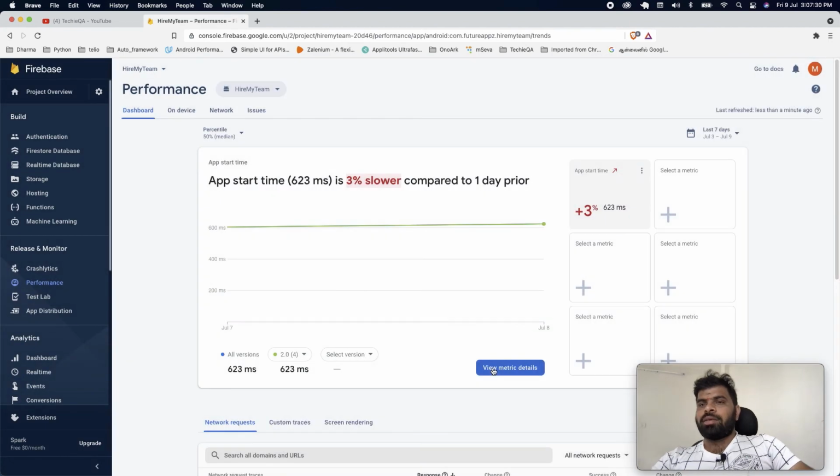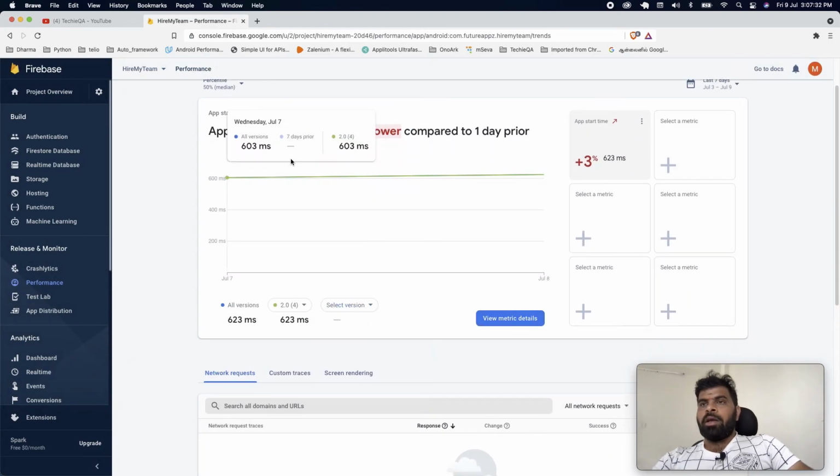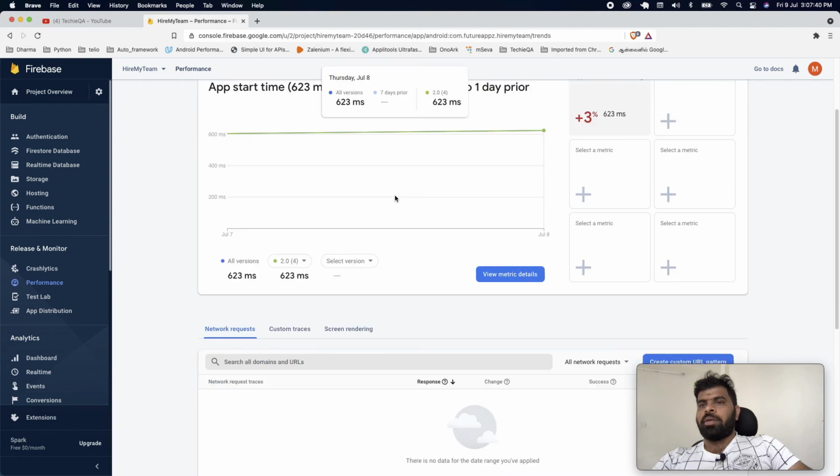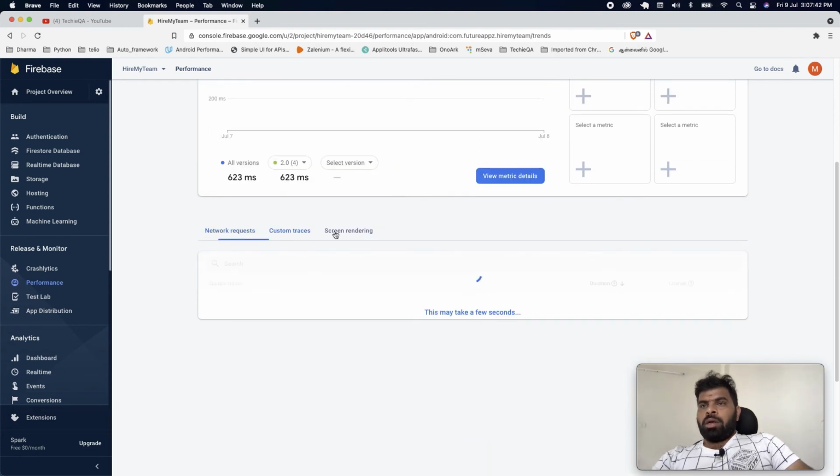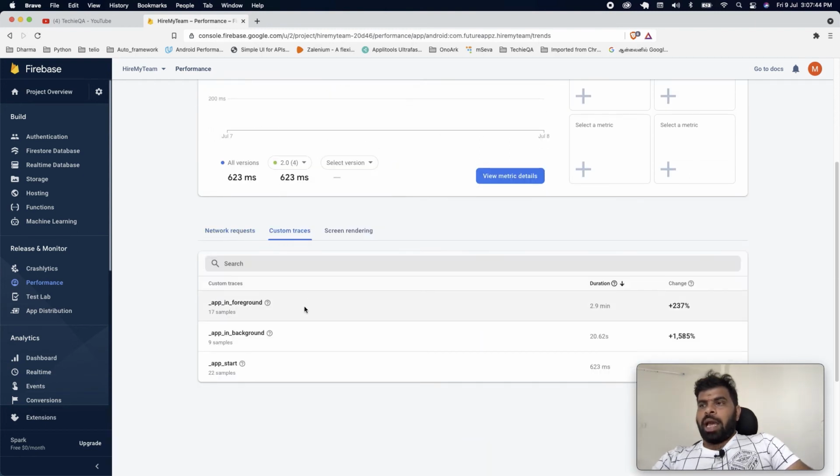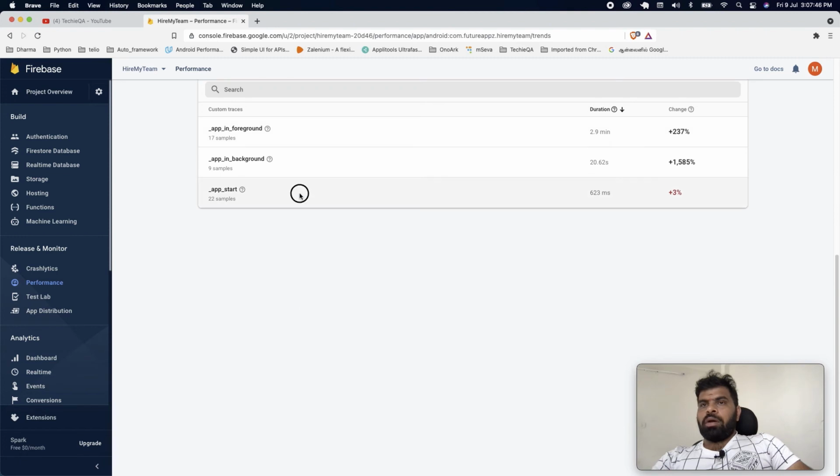So just recently started. As of now, it takes 623 milliseconds to start the app. Yesterday it was less. That's why it says 3% slower than yesterday. Okay. We don't have much detail like app start, app in foreground, and app in background 20 seconds, foreground 2.9.